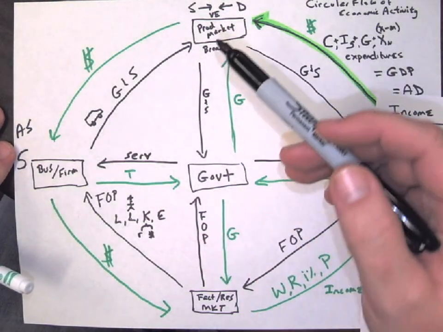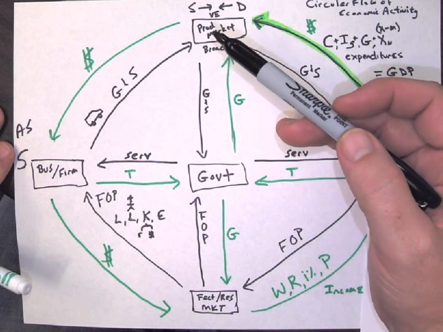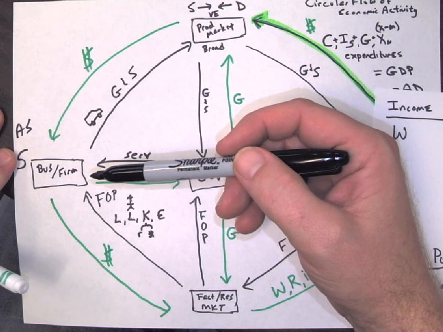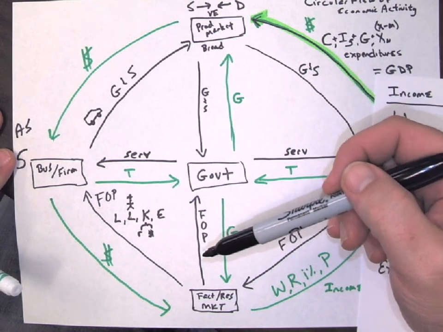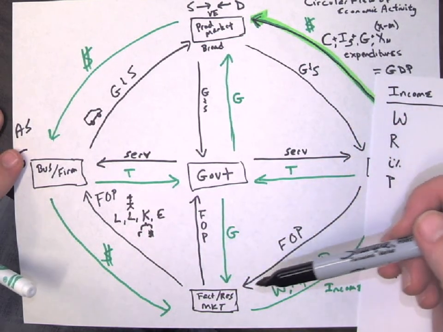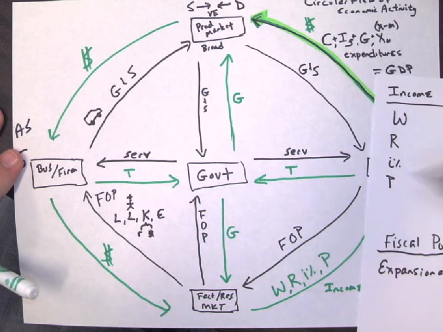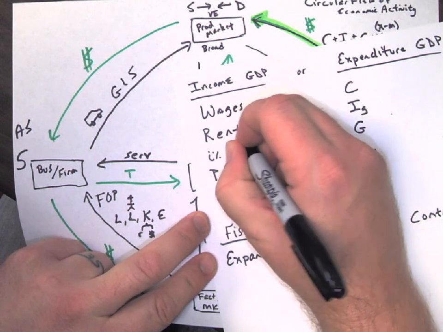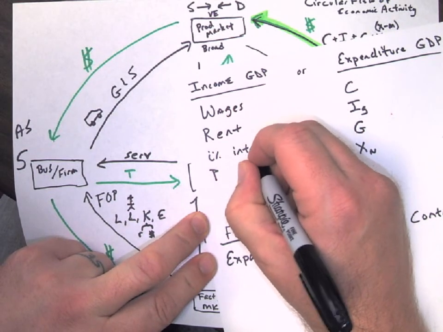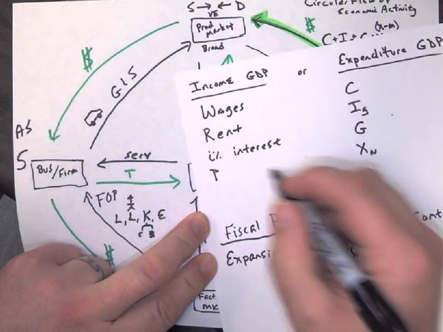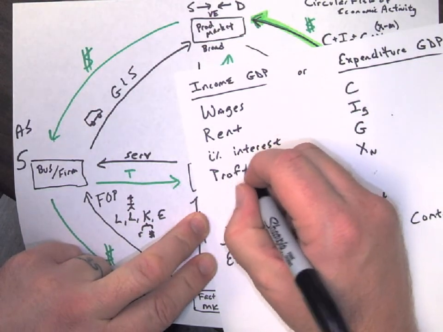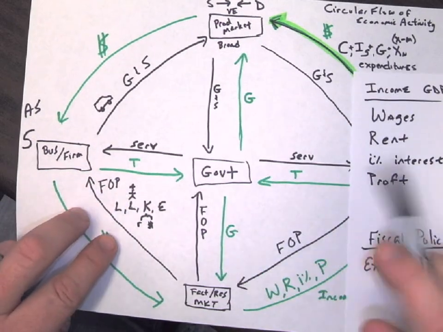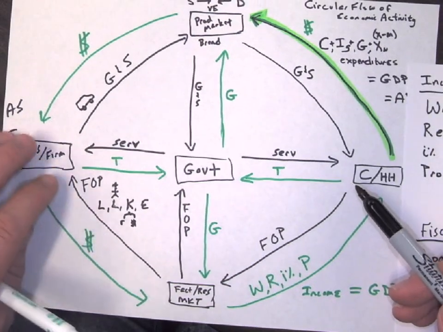People are buying from each other. The person at the product market gets paid when someone comes to shop there, then they order from the business or firm who produces the item. Then the business or firm pays their labor, or they pay for raw materials, and then they pay the consumers either through wages, rent, earning interest, or by profit. So these are the four types of income that will happen from the factor resource market, and that money will go to the consumers of the households.